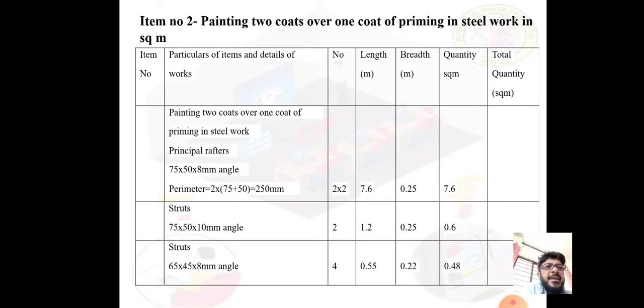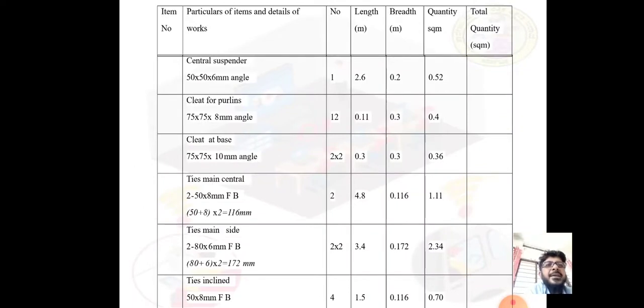Next strut, again we have to calculate in the same fashion: perimeter 2 times (75 plus 50), same, and here the struts are 2 in number, length is the same, 1.2, and 0.25 is the surface area. So total quantity is 0.6. And again strut 65 into 45, meaning 4 numbers, we got a surface area of 0.48. Like that we have to calculate for central suspender as 0.52, cleats for purlins, total surface area is 0.4,